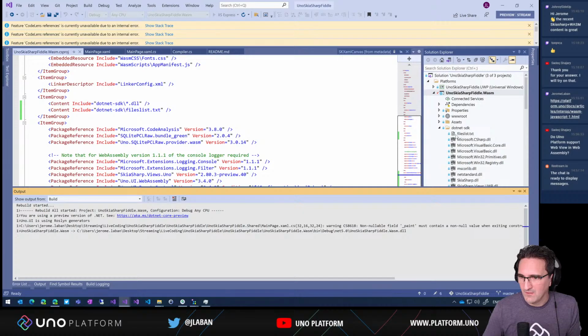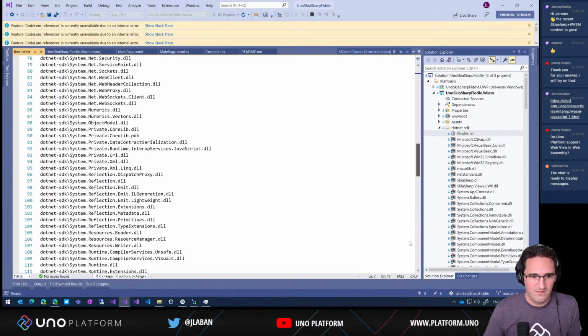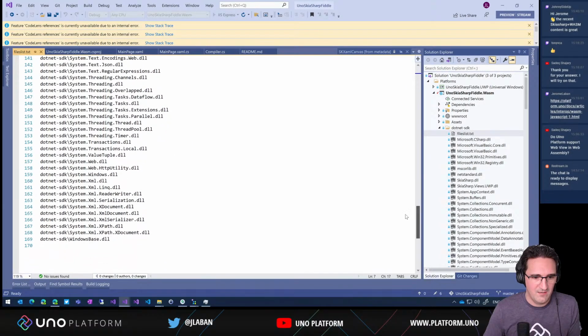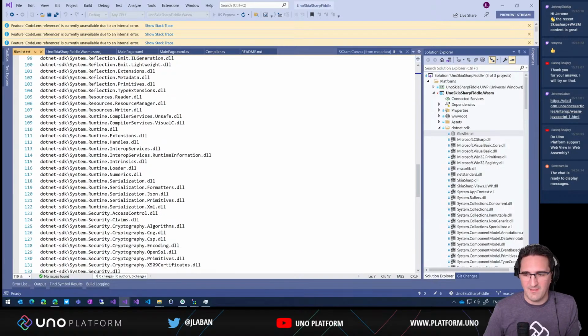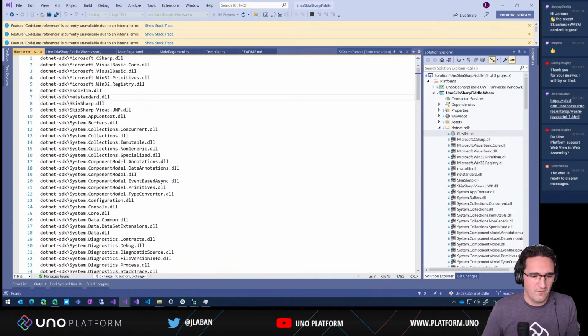Okay, so my files list is available here and it has the right paths. So .NET SDK and all the files there. So it's all the files that are available here, and I need to get that. So the reason I need that file is that there's no, for this API